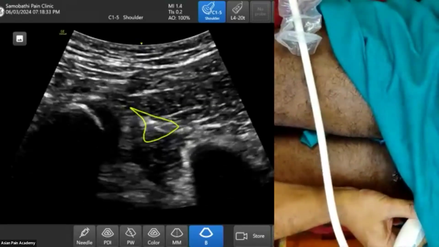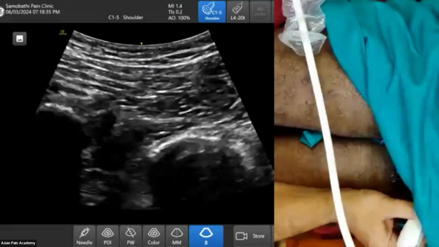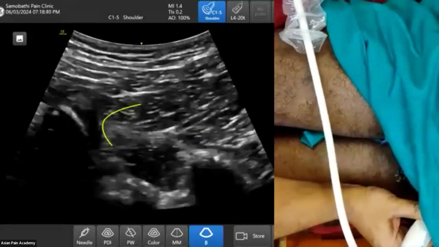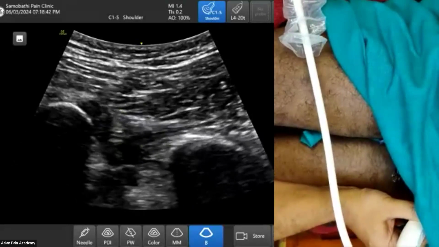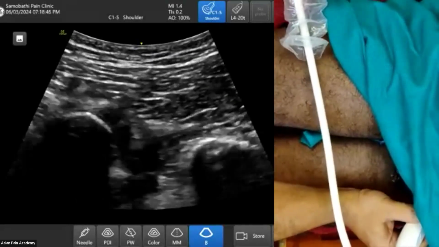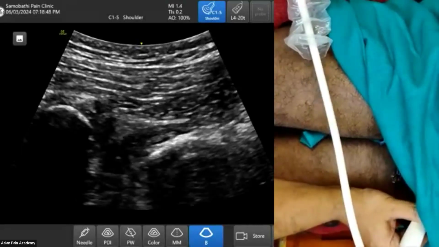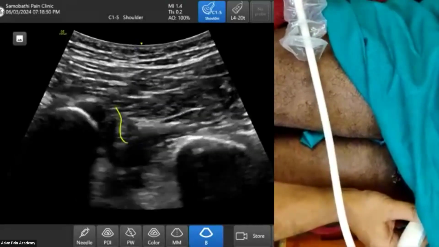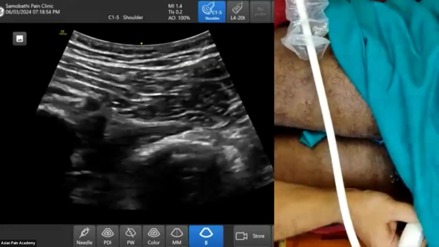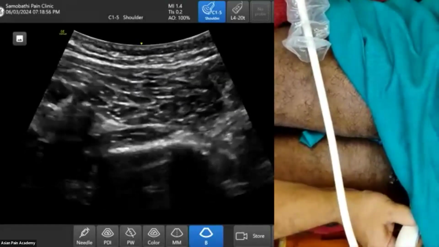In a curvilinear probe you cannot see better than this. So here, these two muscle groups are there, and between them this is the sciatic nerve. Nothing more than that. If I go down,